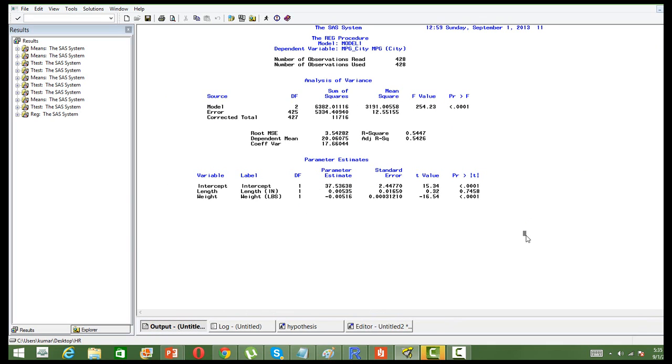Just tell me, when you go to the output, what do you see? The p-value should be the first thing. The p-value says the model is overall explaining well. Then R square. This thing I didn't understand last time. What does it signify? It says how good a model is. It varies between 0 and 1, and the closer it is to 1, the better.